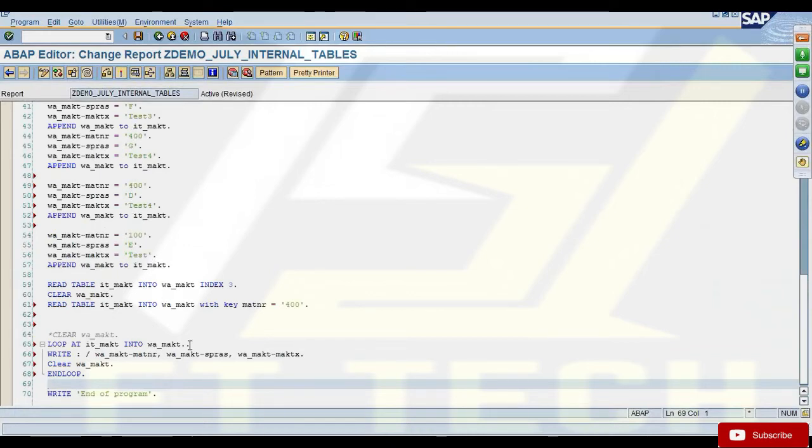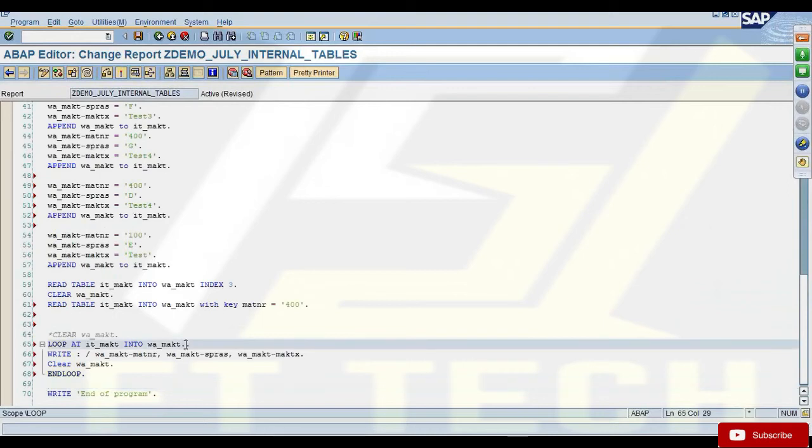I can restrict my loop by saying where: loop at itmakt into wmakt where matnr equals 400. Then it will process both records.